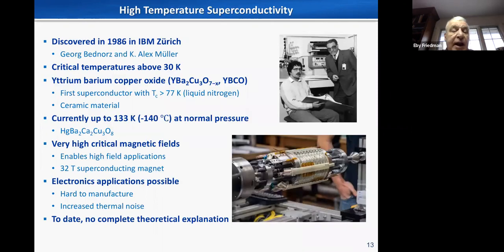And along came, in the middle 80s, something called high temperature superconductivity. So the acronym that we use is HTS versus low temperature, or LTS. And so in 86, Bednorz and Mueller discovered at IBM this concept of superconductivity operation at much higher temperatures, not room temperature, but much higher. Initially, it was 30K, and they've moved it up much higher to minus 40 degrees centigrade, and very high critical fields. But there's some interesting applications, and there's a lot of work, and they're still developing a theory